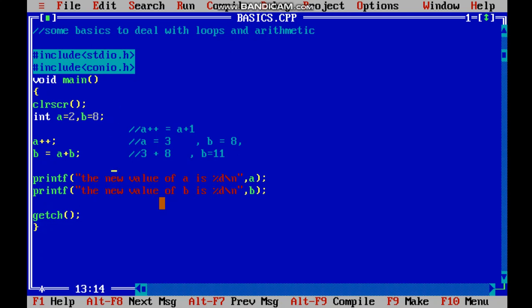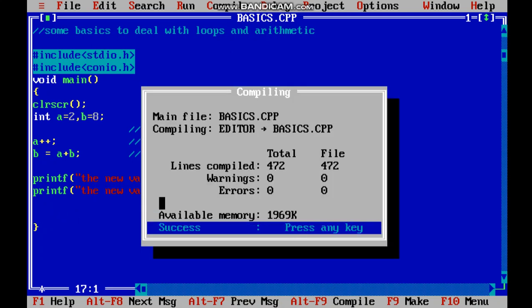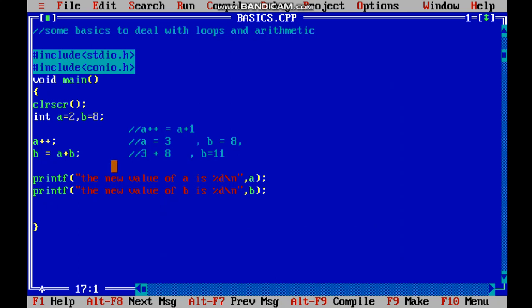Let us understand what is this getch. Why do we always need to use getch? Let's remove this. Alt F9. Okay, now it's compiled. We know very well the answer will be A equal to 3 in one line and B equal to 11. So Control F9. Oops, there was something on the screen. It blinked for a while, right? See, again it blinked. Control plus F9. Again it blinked and it was removed in a microsecond.